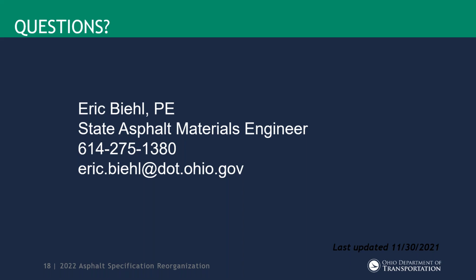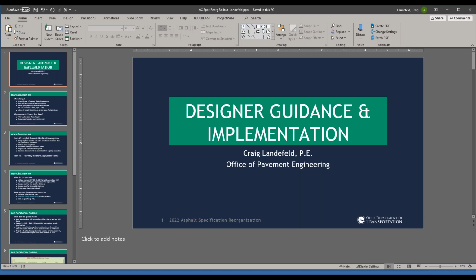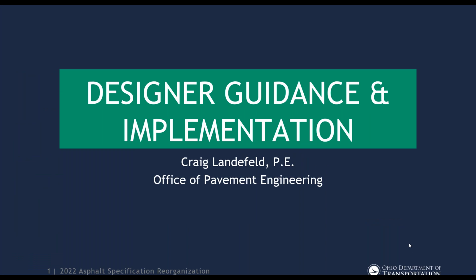All right. Question from Bart. There have been some plan notes for 302 with density acceptance. Has that been incorporated into this new spec reorganization? The simple answer is no. Like I said, the general goal of the whole reorganization was to not make major spec changes. It's mainly to move things to the proper position. There was some minor stuff that needed to change just because it wasn't relevant anymore, but in general, no. That's not added. At some point it will be, but it wasn't part of the reorganization.